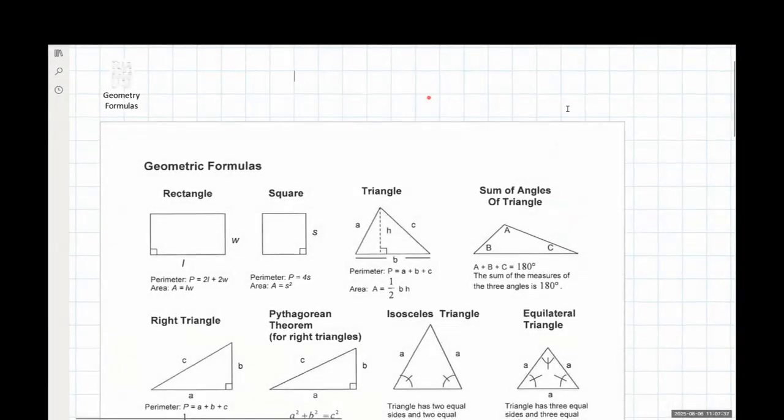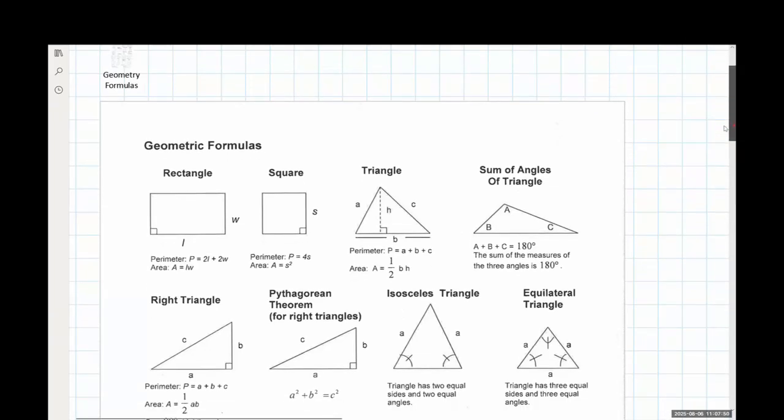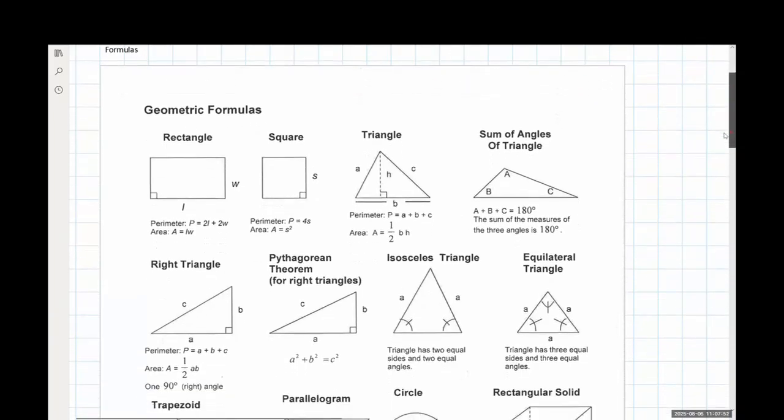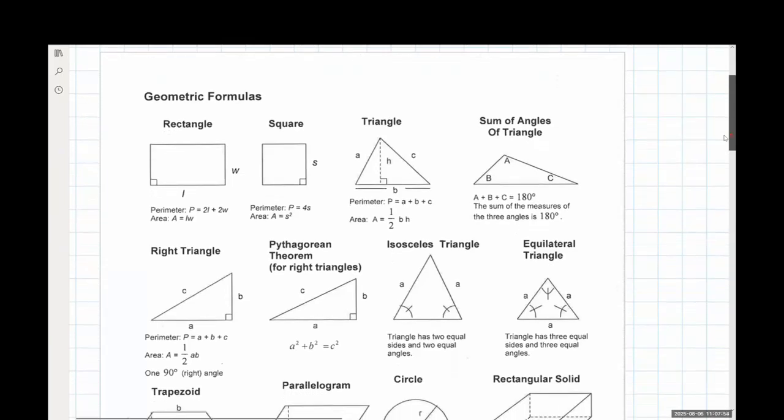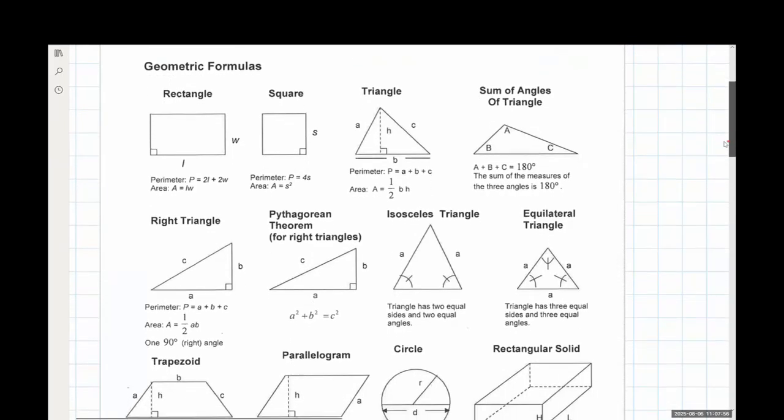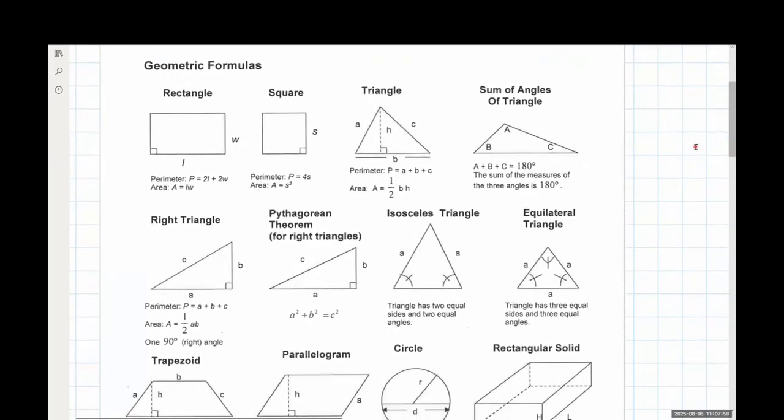Okay, so this is a page within our OneNote document that you guys are all more than welcome to download, save, and print out for yourself. If we were running the class in person and I wasn't sick with stuff, I would be printing this out and giving it to all of you. I think we did this when we were working with our unit conversions a little bit as well.